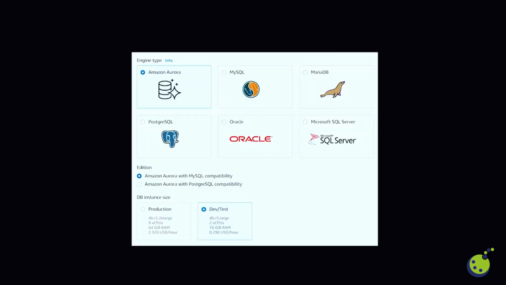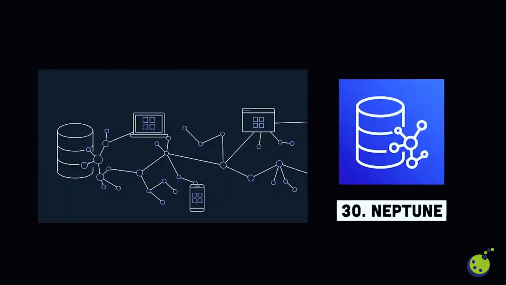Relational databases are a great general purpose option, but they're not the only option. Neptune is a graph database that can achieve